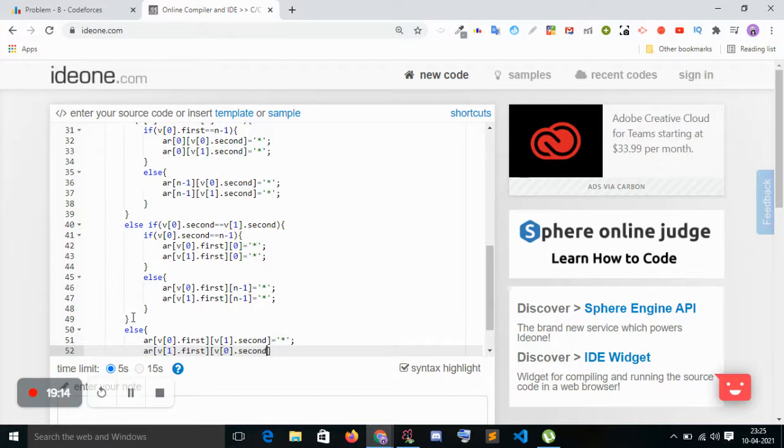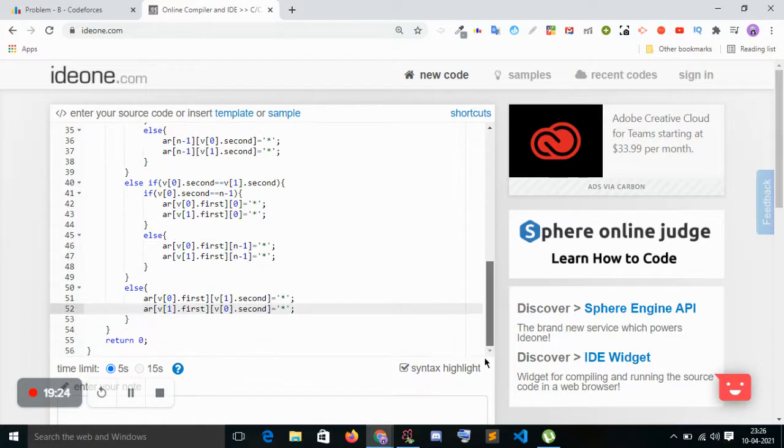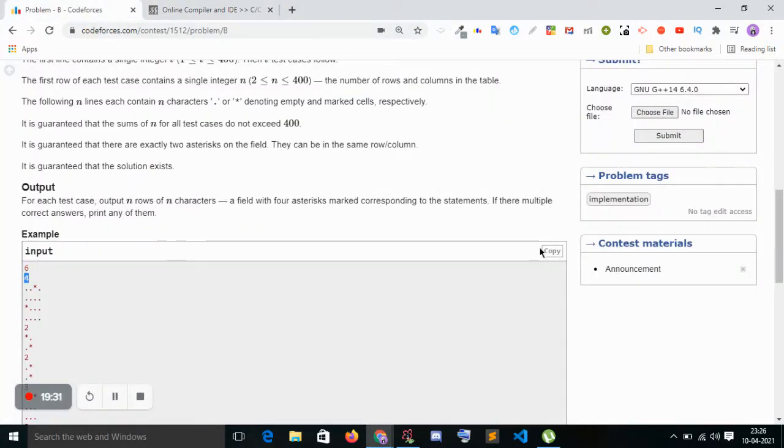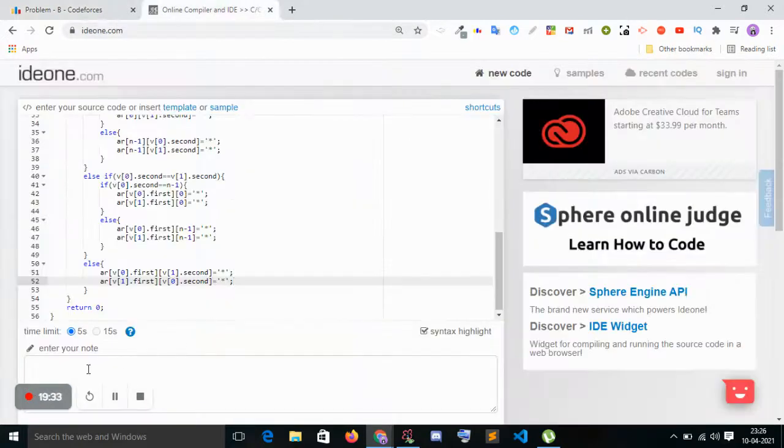You can check that the column is swapped. Nothing else to worry about here; let's complete our statement and check whether it is working or not.